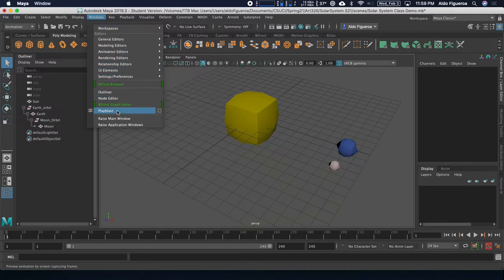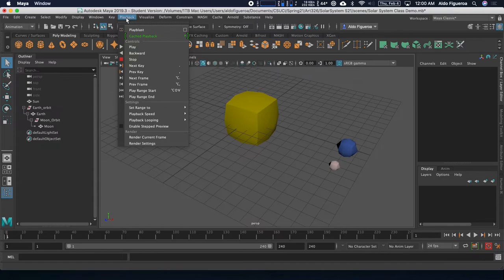We have Playblast right here. Don't select it just yet. We're going to go into the options. But the other option to locate that same option is under Playback in the animation menu set, Playblast. So either one gives you the same options, but I just wanted to show you the two different locations. I'm going to select the option box, click,